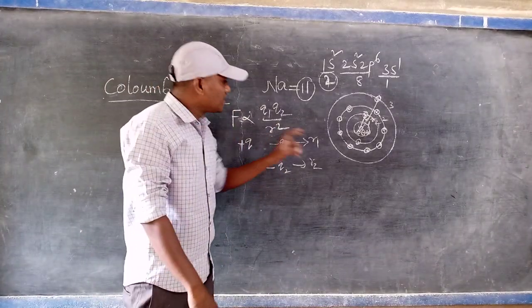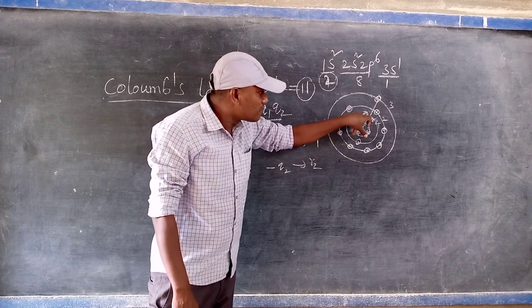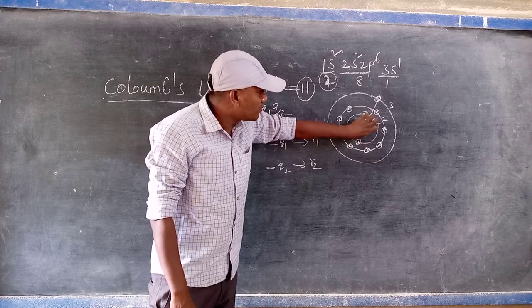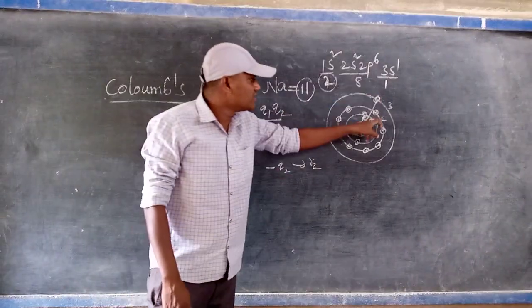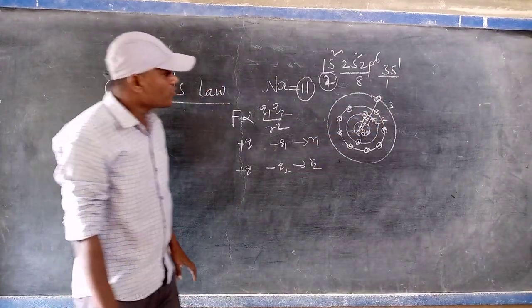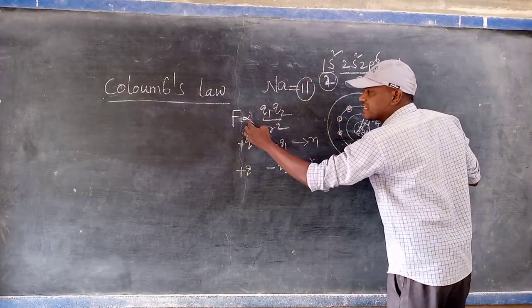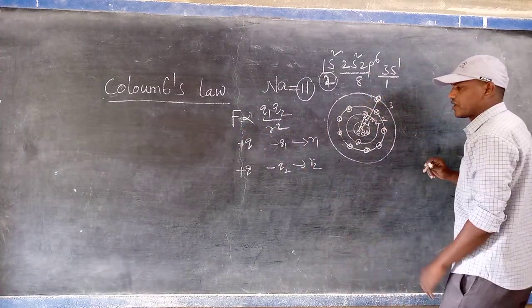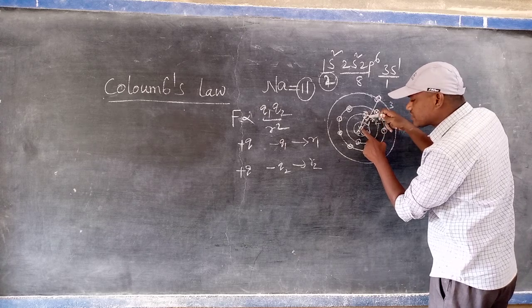The distance from the nucleus to the electron in the first orbit is R1, and the distance from the nucleus to the electron in the outermost or last orbit is R2. Now according to Coulomb's law, F is directly proportional to Q1 Q2 and inversely proportional to R square. So the electrons present near the nucleus in the first orbit...